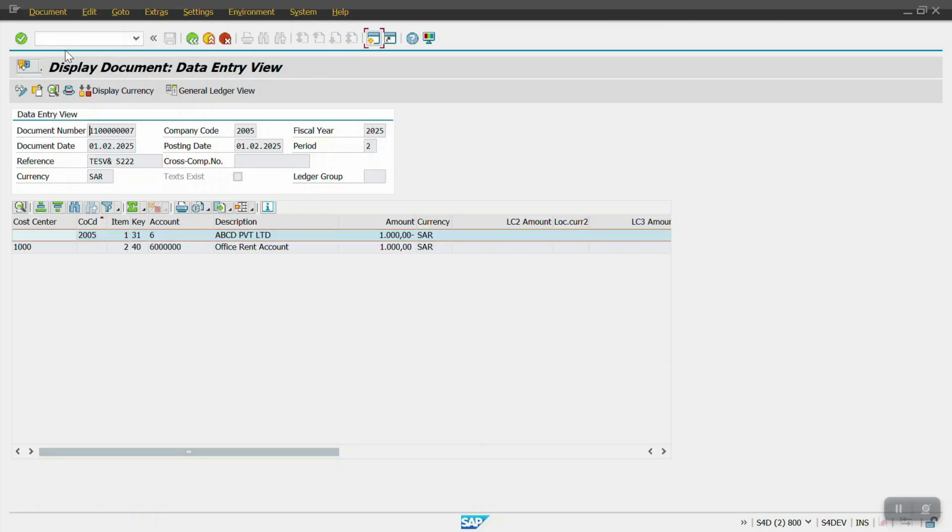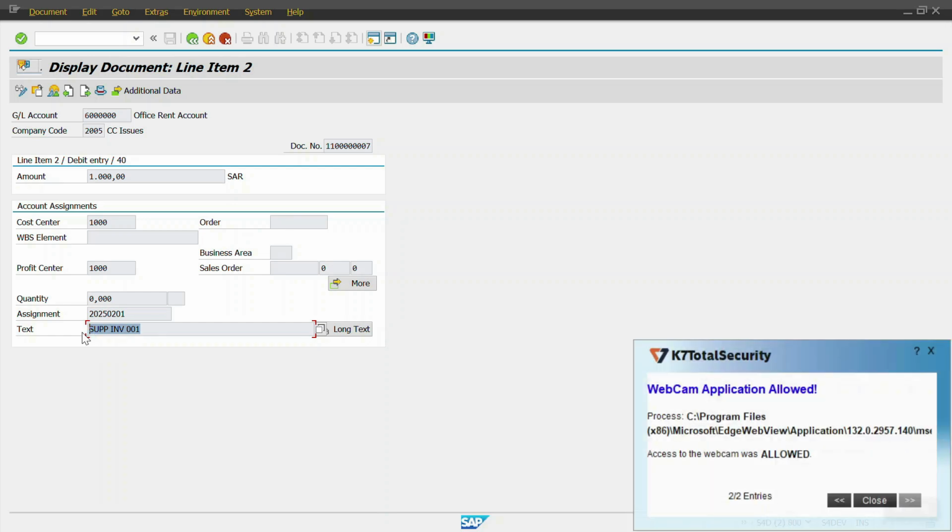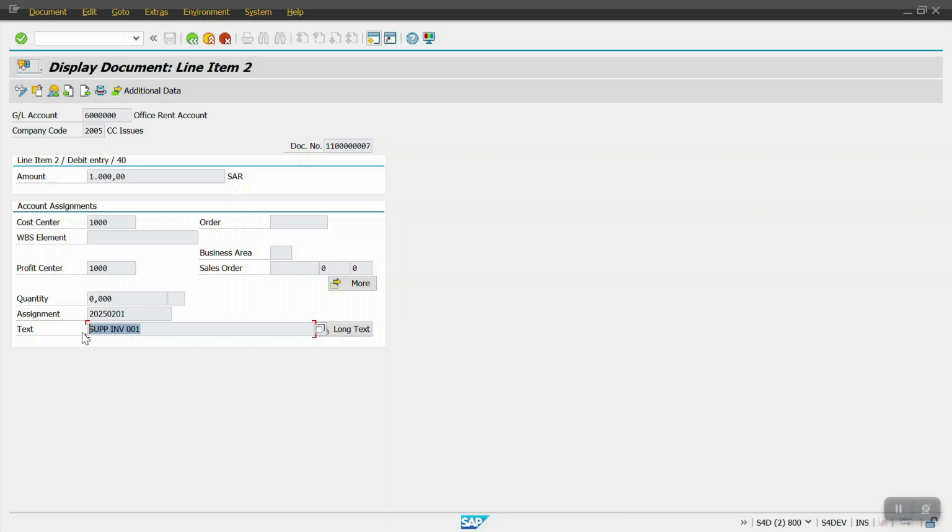Once I click on enter, the system has automatically updated the SGTXT value. It means the system will give priority to the substitution rule, because the substitution updated the field before the validation check is executed. So this is the conclusion. I hope you guys have a better understanding about validation and substitution. Maybe this question will be asked in interviews. So you can take an example of this one and you